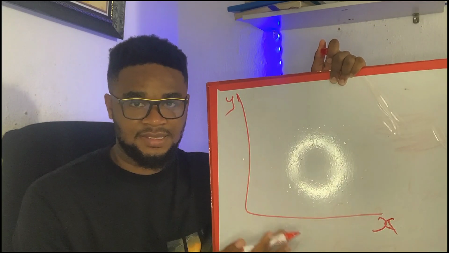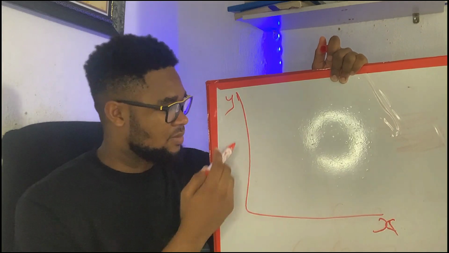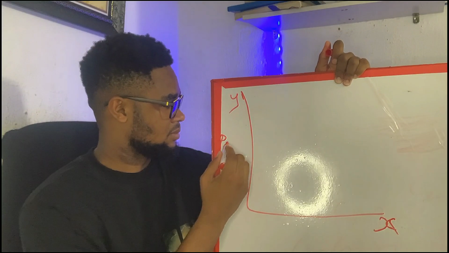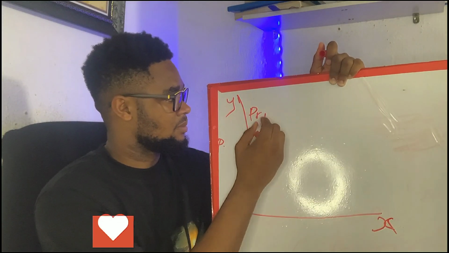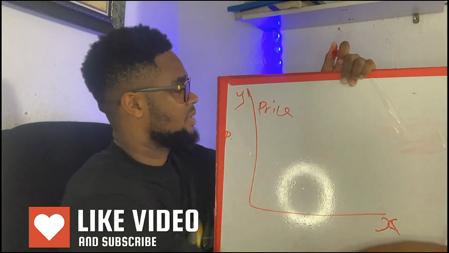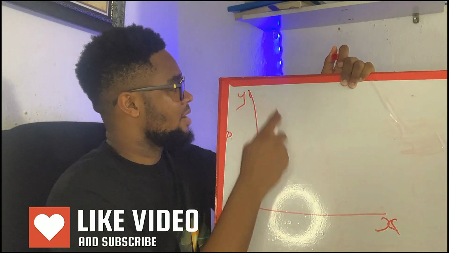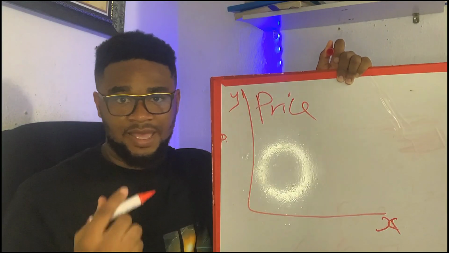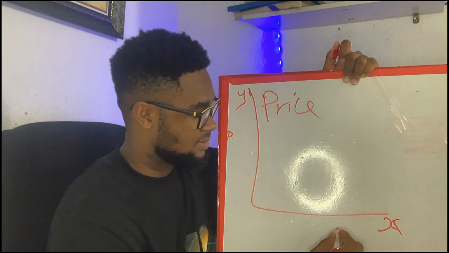We have the y and the x axis. The y represents price and the x represents time,